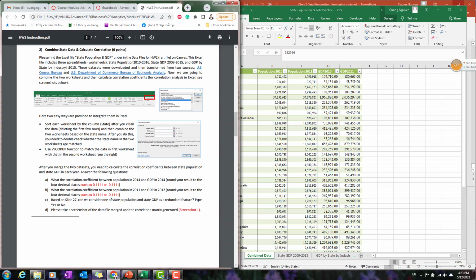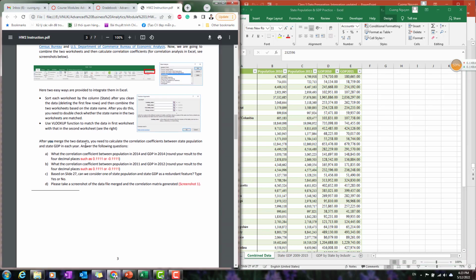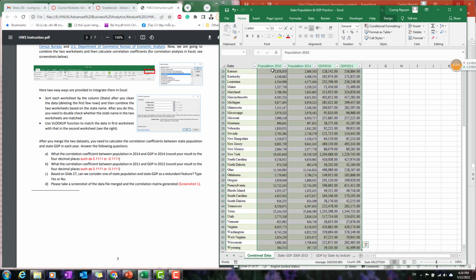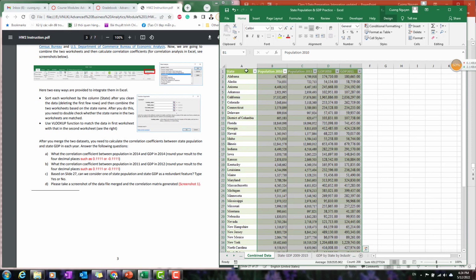Now, right after we merge the data, we have to check whether we have a problem of redundancy by calculating the correlation coefficient between the state population and state GDP. Okay, and I will do it this way. I select all the data, of course just the quantitative data, because the state name is not important anymore. And I go into data